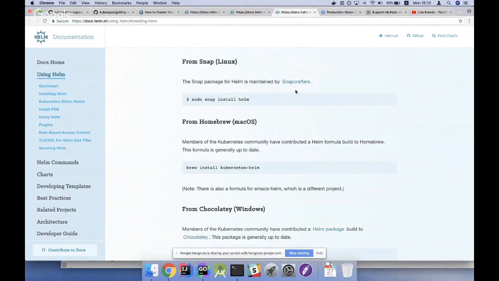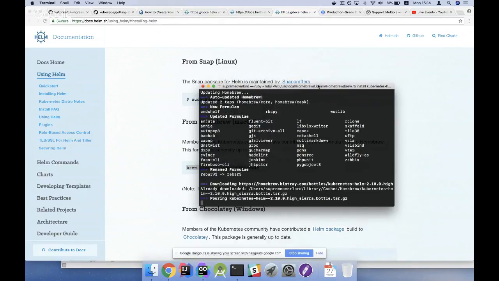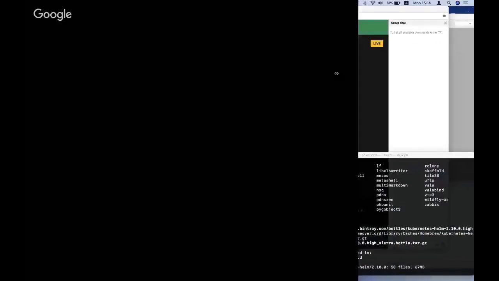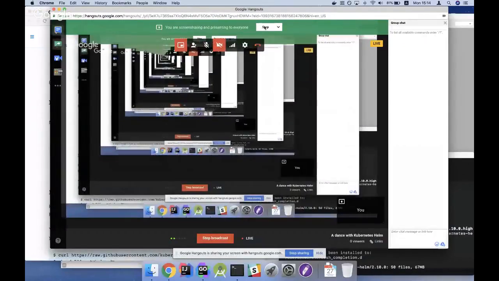How do you install Helm? It's as simple as using brew. You type brew install kubernetes-helm, and brew will just do its thing and install Helm. Helm is essentially a command line interface. You access it by typing helm, and you're good to go. There's a bunch of commands available via Helm, and I'll go through those in a moment. But while I wait for that, let me present to everyone